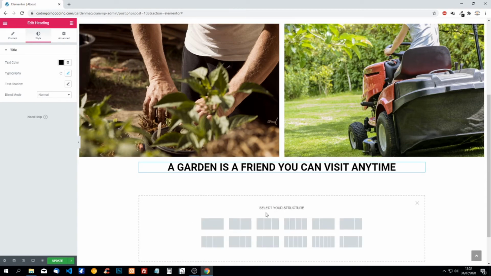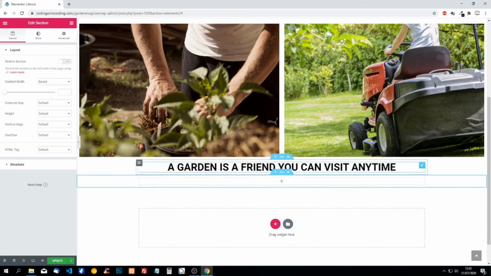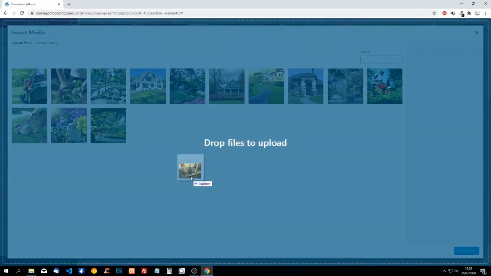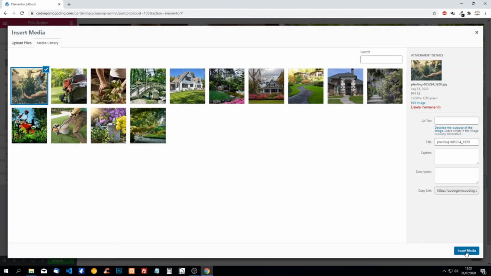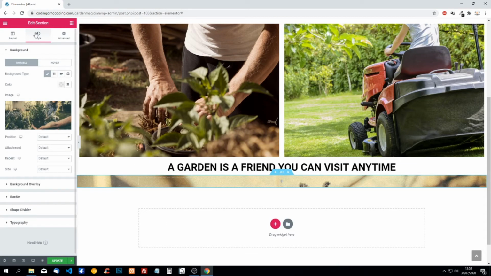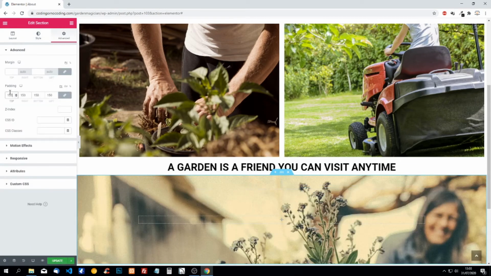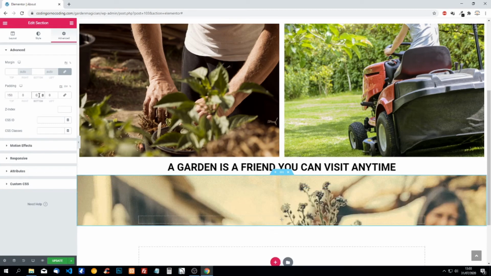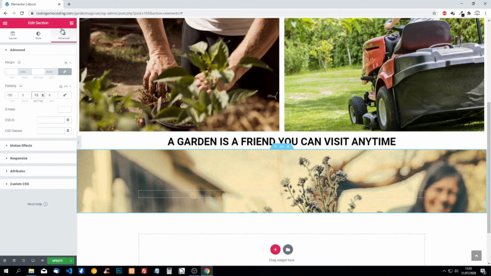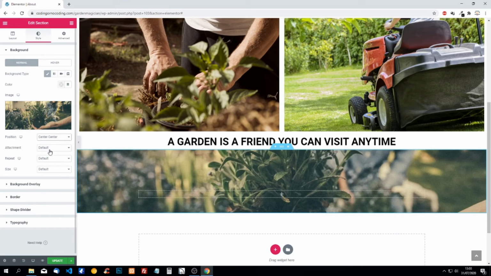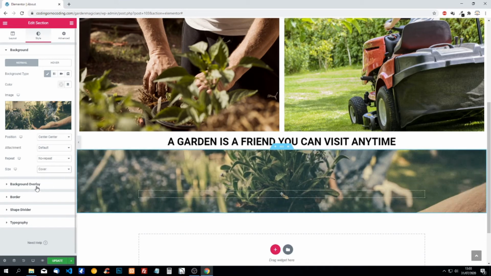Below we're gonna add yet another section with another background image, and image is going to be this one. We're gonna insert it. We're gonna add some padding. So say 150. Oh, forgot to unlink it. Okay, so 150 and 50 on the bottom. That's good. We're going to change the gradients. Oh, position will be center, center. No repeat and cover. We're going to add the overlay,